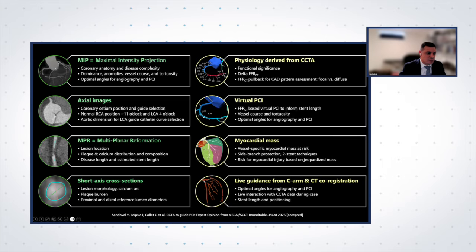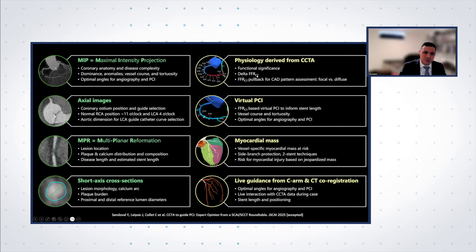Same thing: just by scrolling through an image, you can get an understanding of the actual images. You can look at multiplanar formations to understand disease length, and the cross sections to understand the plaque composition. Is the lesion calcified or not? Just with a basic systematic assessment of CT, you can very easily get angles, disease length, morphology, and plaque composition in any patient that comes to the cath lab. Now, beyond that, if the patient is eligible, let's say this is a native vessel without previous stenting, you can then compute physiology derived from CT, as shown now on the right.